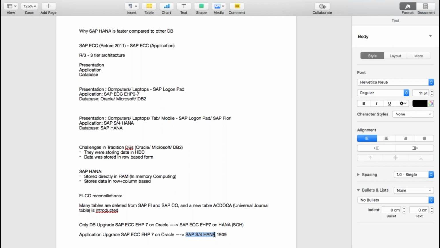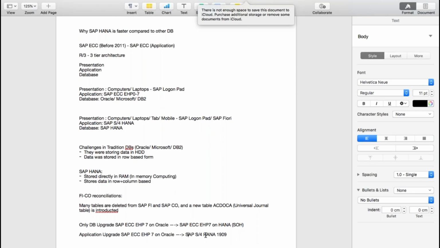I see. So that means when you're doing an upgrade, you're doing a technical and a functional upgrade, right? For functional, you're saying it is an application upgrade, correct? Exactly. And if you are only doing the database upgrade, this is only the technical upgrade. But when you are doing the SAP S4HANA upgrade, this is a technical as well as functional upgrade.